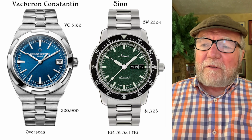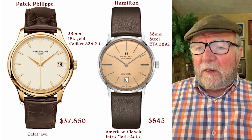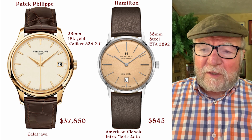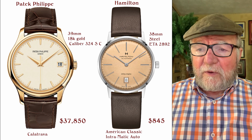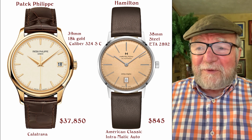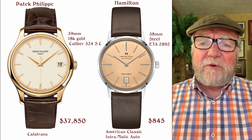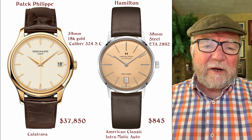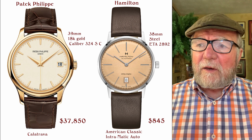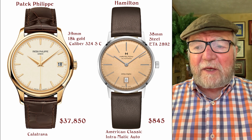Another one is on the more formal side. Here you have a Patek Philippe Calatrava, a very standard kind of dress watch. It's $37,850, which is way up there in terms of affordability. But if you want a good dress watch without a lot of gadgets on it, you have a fairly simple one, and this one by Hamilton is a great example. It's called the American Classic